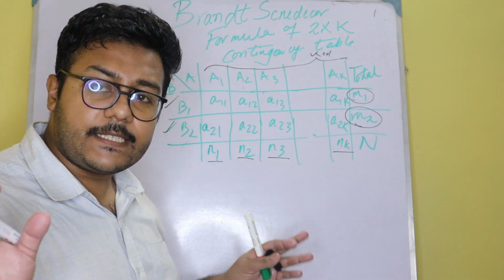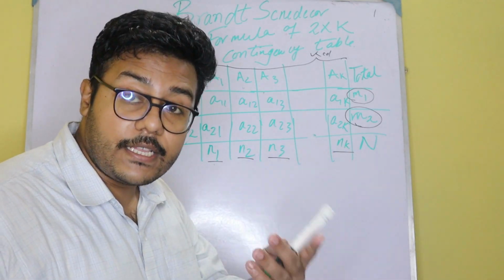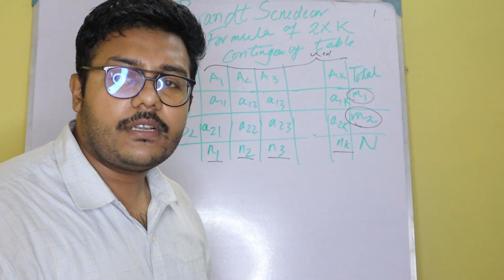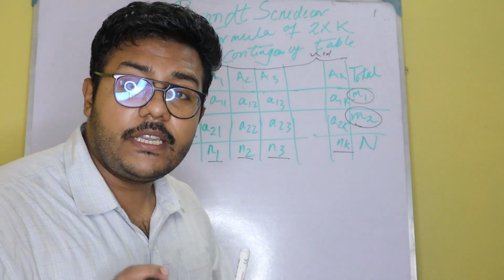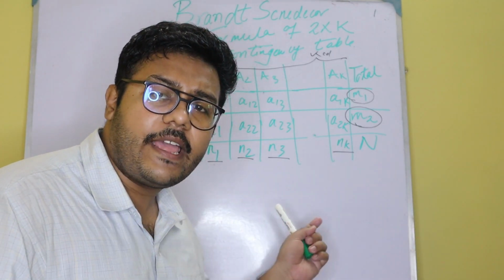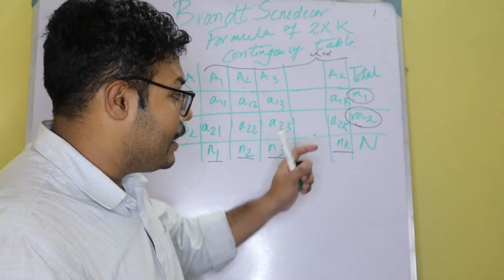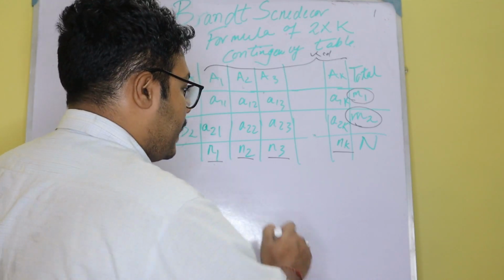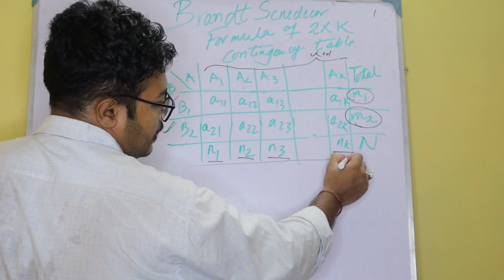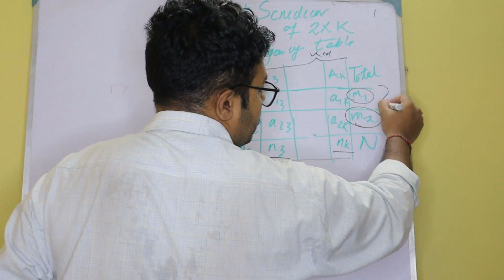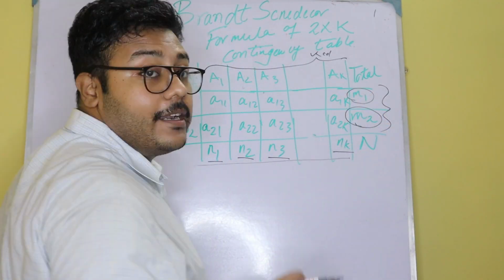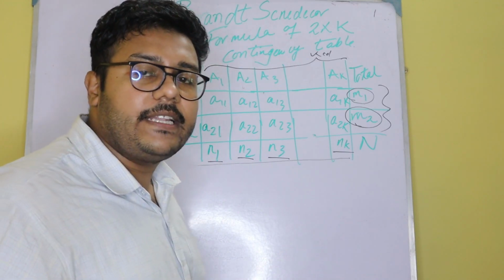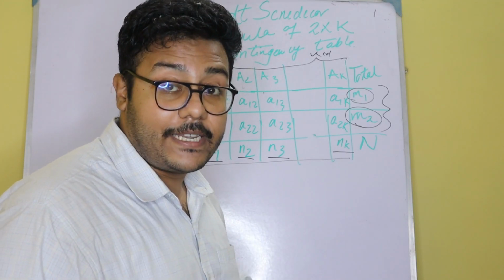Now, you need to understand this N. I have previously explained it in the previous sections of chi-square testing. If you have not seen it, I request you all to please have a look at those sessions so that you can have a better idea of what I am discussing here. Now, see, this is N, this is the total. If you sum all these columns or if you sum all these rows, either option, you will get N. This we have learned in the previous session of chi-square testing.